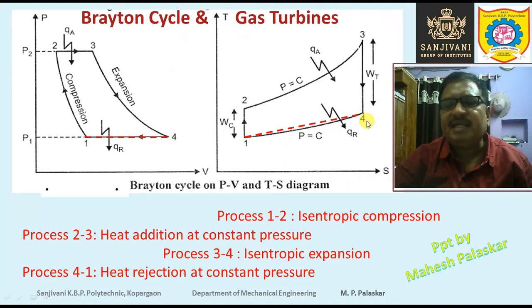So in case of open cycle, you will find that the products of combustion are mixed with the working substance, and therefore the working substance will not return back to the compressor, but new fresh air or new working substance will enter inside the system, that will be sucked by the compressor from the atmosphere, from the environment, and the working substance is changed for each cycle. The new working substance is introduced in the cycle for the working of every cycle in case of the open cycle gas turbine.